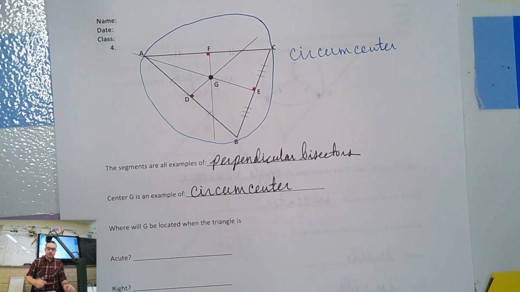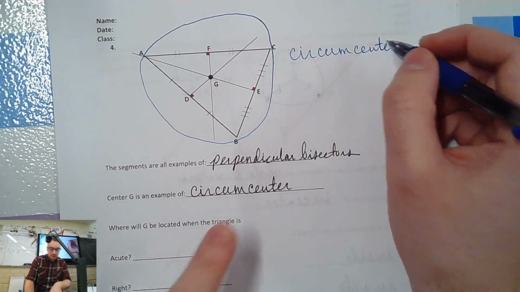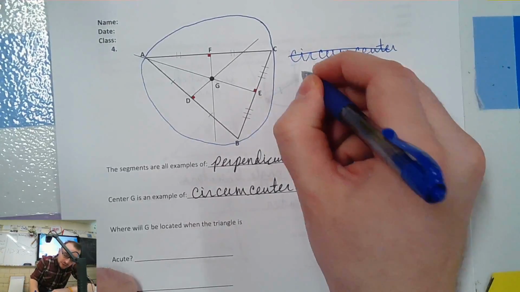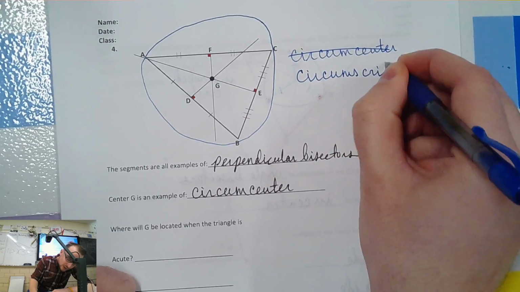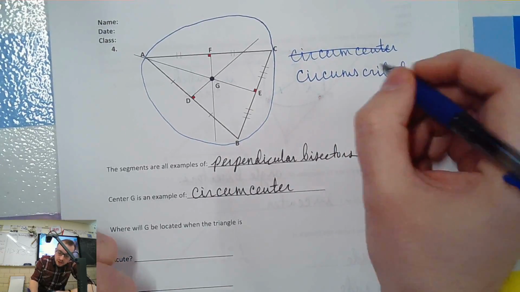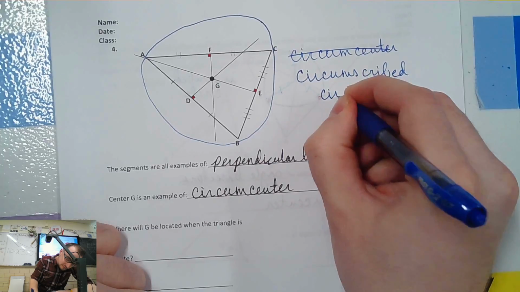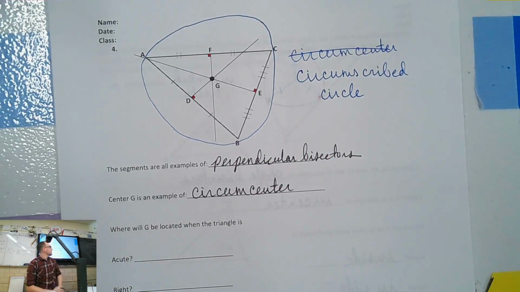So we have a circumcenter and, oh, whoops, sorry, I didn't mean to write circumcenter. We wrote that down here. What I meant to write was a circumscribed, scribe means to write, size means to cut, circumscribed circle. Right? Oy vey.